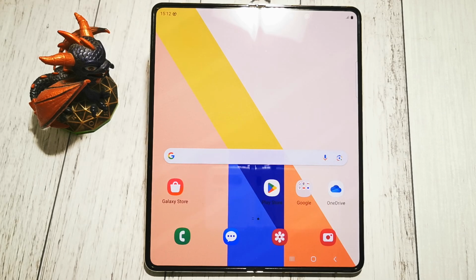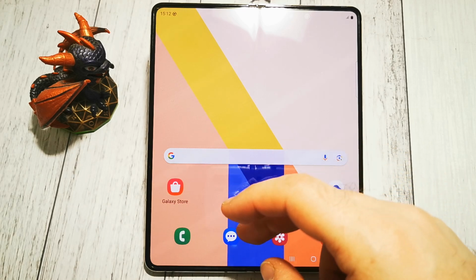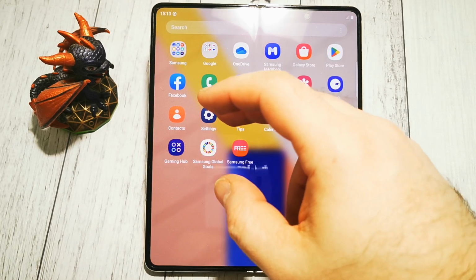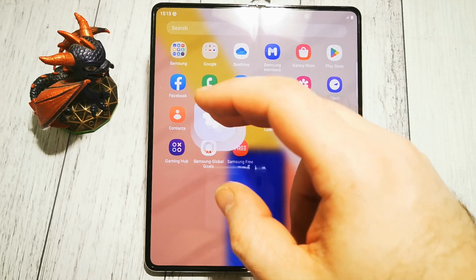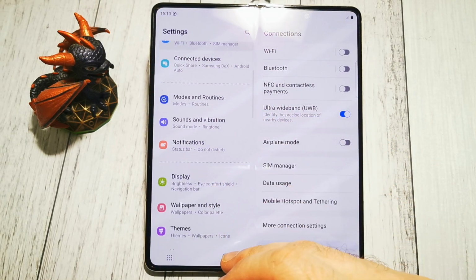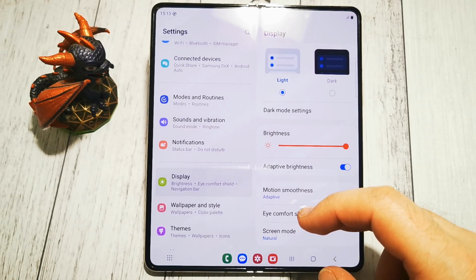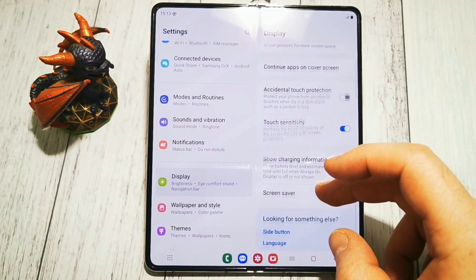Today I will show you where to find the option and how to enable accidental touch protection in our Samsung Galaxy Z Fold5 phone. To turn on accidental touch protection, for example, when our phone is in a dark place, in a bag, in our pocket, we have to go to Settings, then Display option, and at the bottom here we have